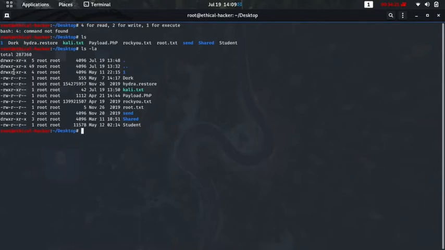This will make you more clear. If we type chmod 754, then it will give the root user all the permissions: read, write, execute, and